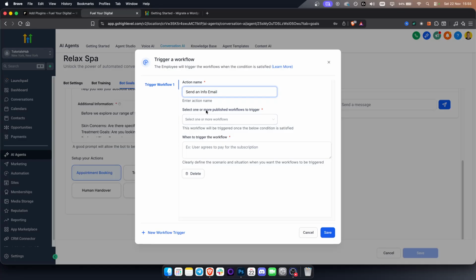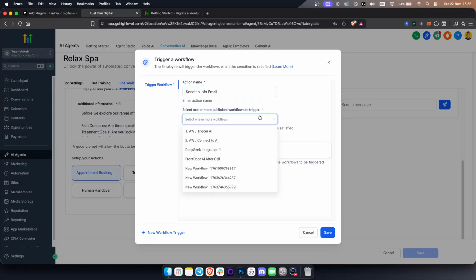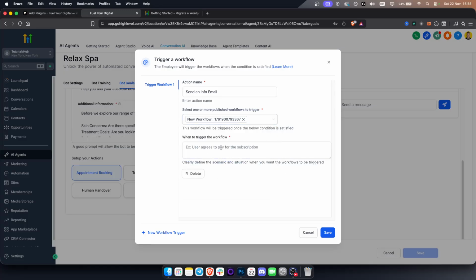So select one or more published workflows. Here we just want to select a workflow that we already have. So let's say this is the one. And as you can see, it says when to trigger the workflow. Trigger the workflow when user wants to know more about our property